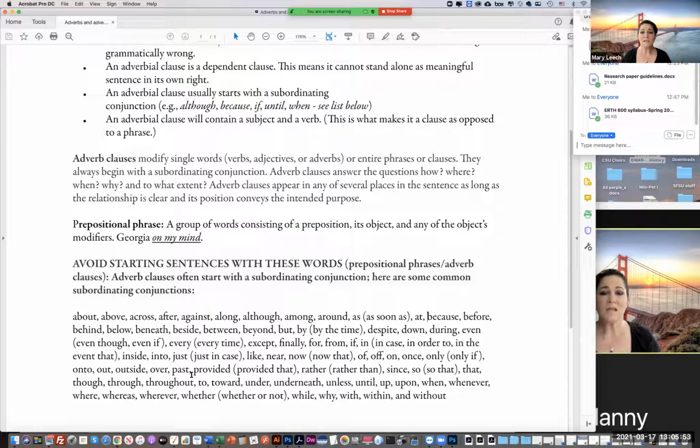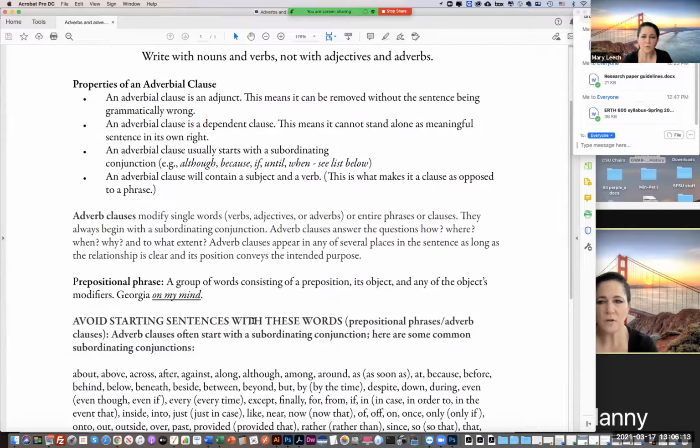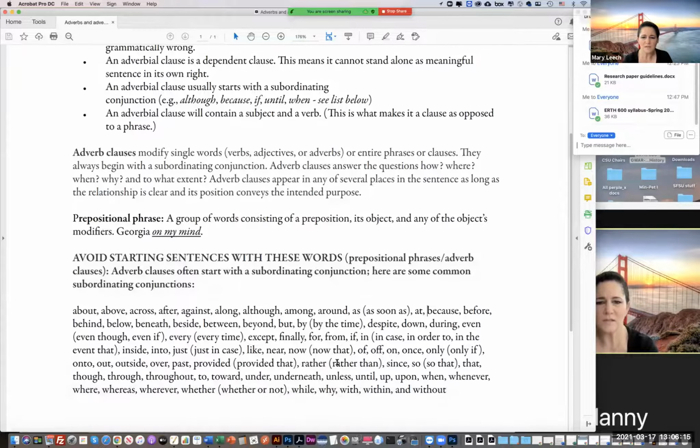Now, I'm not saying you should start from scratch writing this way, because remember, my philosophy that I've been trying to encourage you to do is to just get the words down first. But then after you get the words down, if you spot that you have started with one of these prepositional phrases,